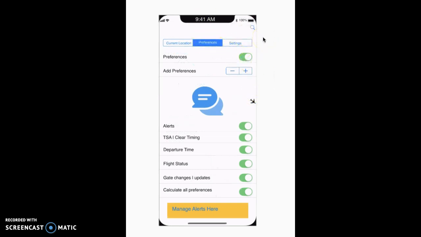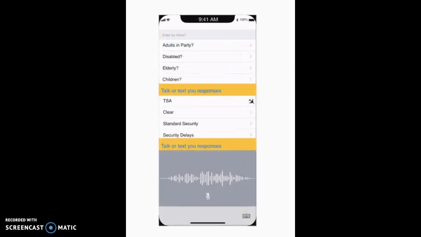This is my preference page, and basically it wants to know if you have TSA or clear timing to get you through security faster. So these are the preferences, and you can turn them on or off, or add or delete. This lets you know that you can make requests verbally or by text, and